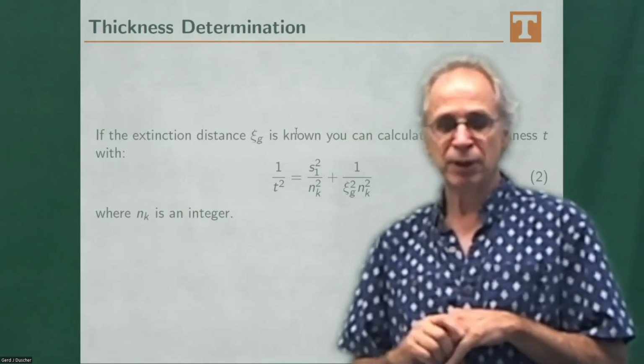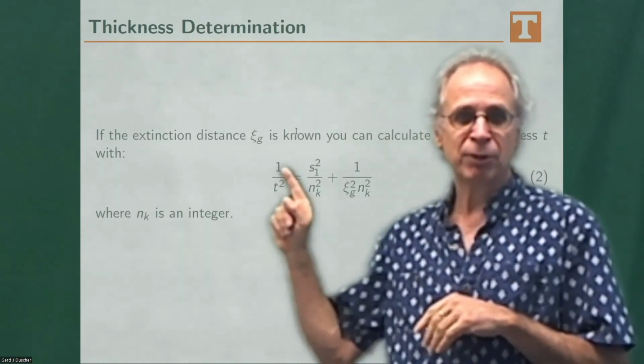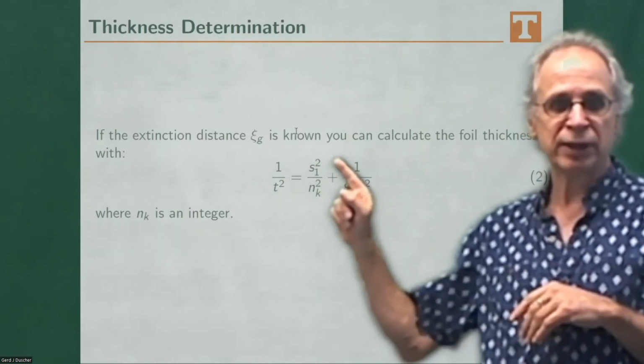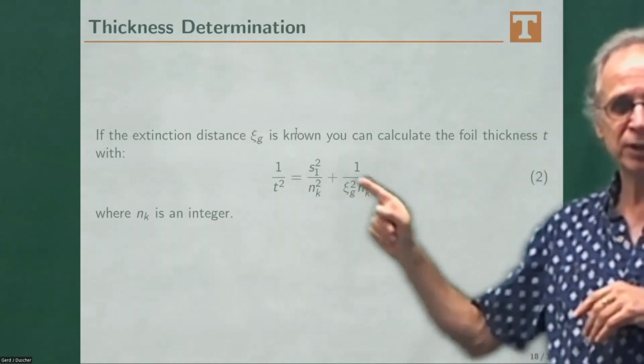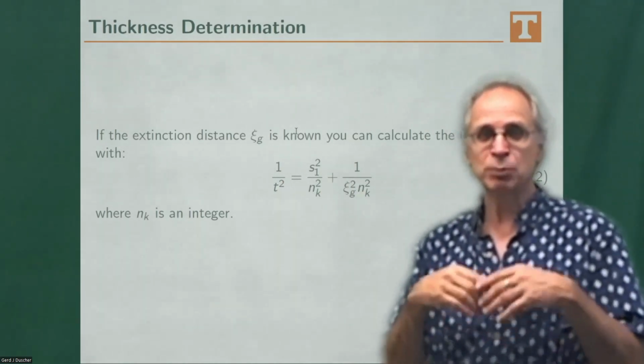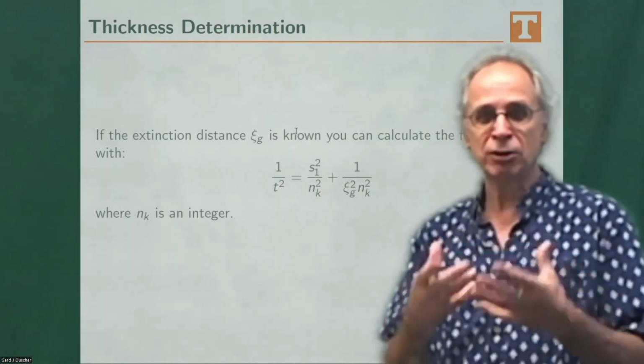And then we get a plot where we plot the 1 over the thickness with some order, excitation error, and this part here with the extinction distance. The extinction distance is directly related to the inner potential of your material. So if you're interested in that, look it up. And then there's a recipe for that,